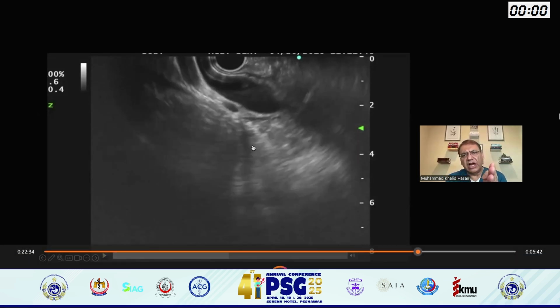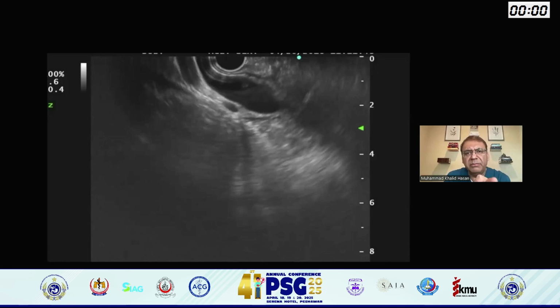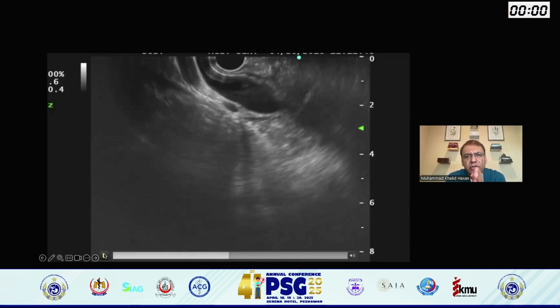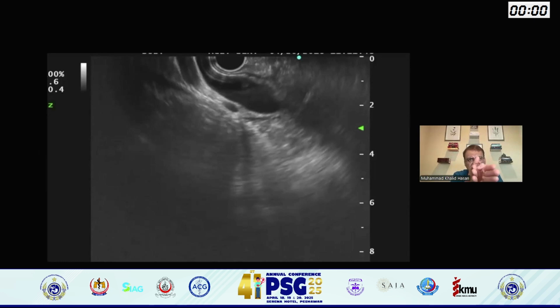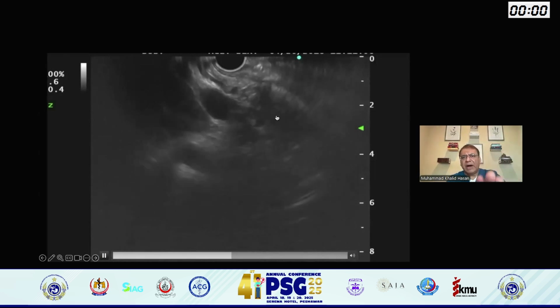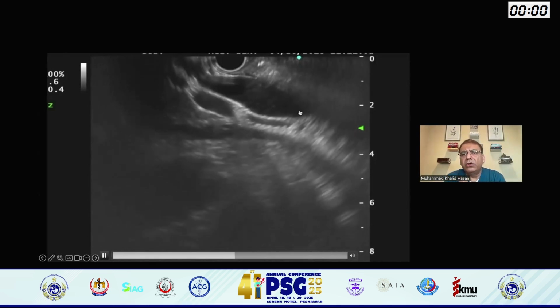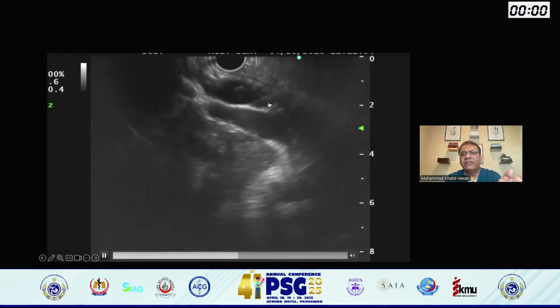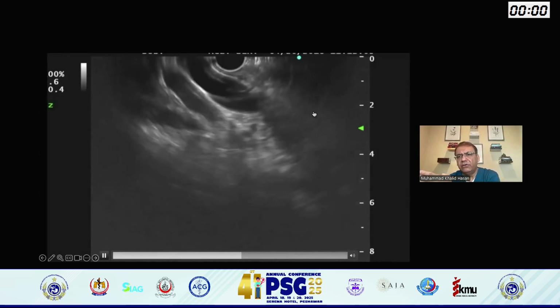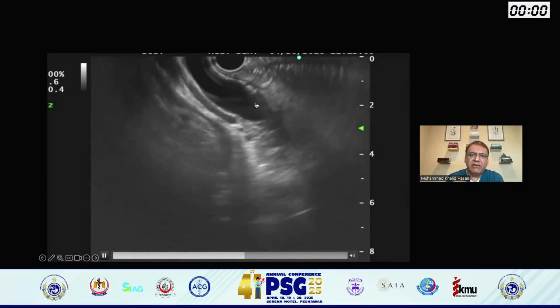Same thing: once you get to the duodenal bulb, just remember that you should not be seeing the pylorus while you're trying to get into the duodenal bulb. Pull the scope back a little bit. Once you get to the duodenal bulb, put the transducer into the duodenal apex in the left upper corner. Suction, big wheel towards you, will take you to the bile duct or pancreatic duct or the portal vein, what we call the stack sign. Once you have seen one of those, follow that first to the papilla, then towards the liver hilum.